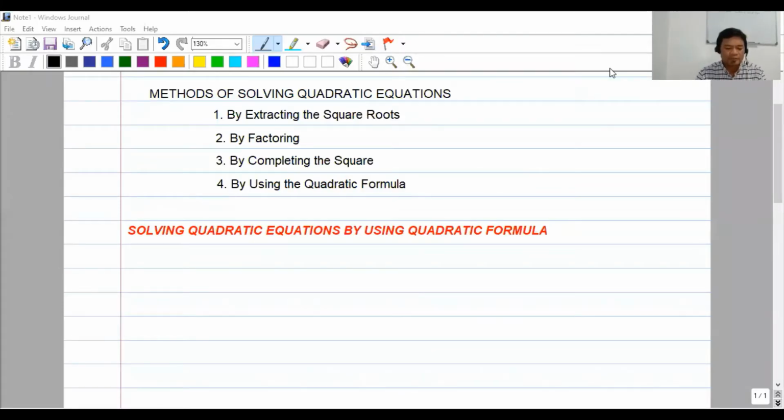So we have here solving quadratic equations by using the quadratic formula. Let us recall the quadratic formula first. As we have discussed in our previous video, we derived our quadratic formula by using completing the square, and we express quadratic equations that are not yet expressed in the standard form of a quadratic equation. So our quadratic formula is x is equal to